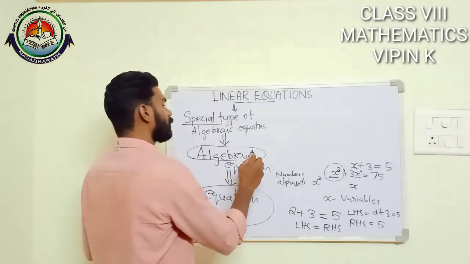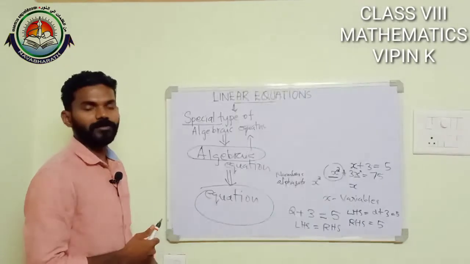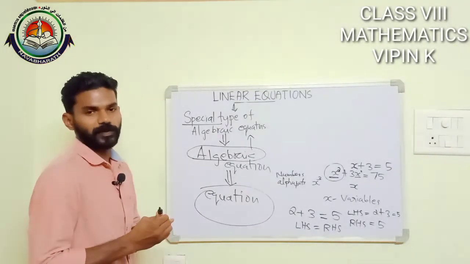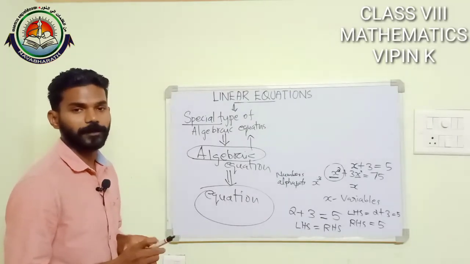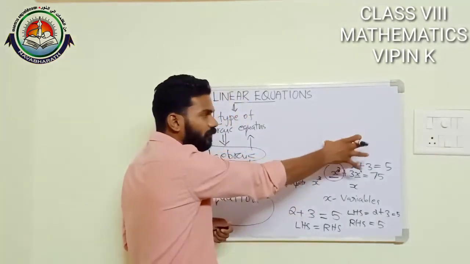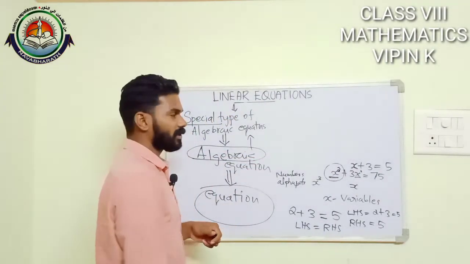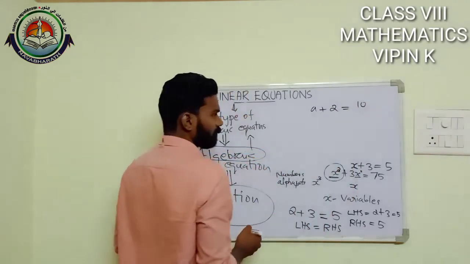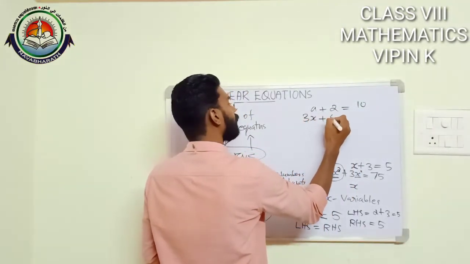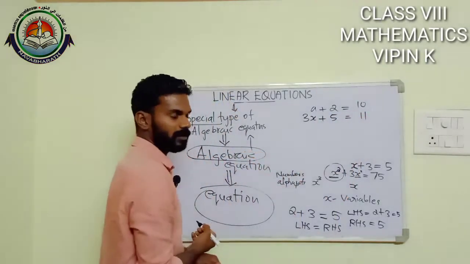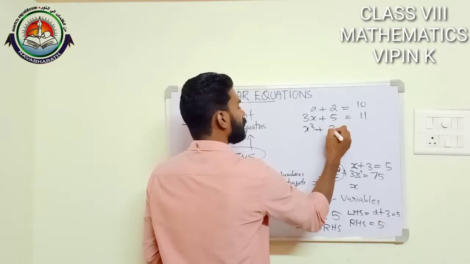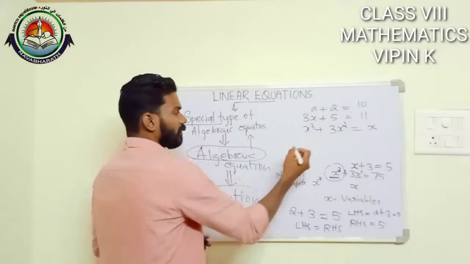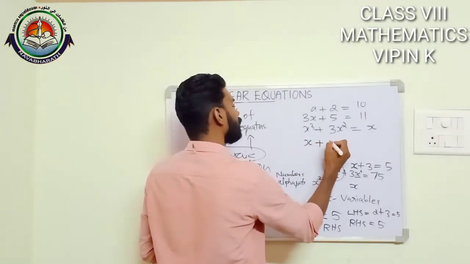So now let's go to special types of algebraic equations. Some special types we are going to discuss. Okay, so here I am going to write different algebraic equations. A plus 2 is equal to 10. 3x plus 5 is equal to 11. x cube plus 3x square is equal to x. x plus 5 is equal to